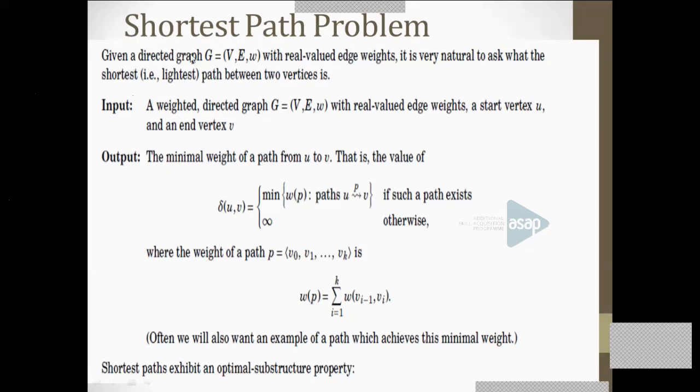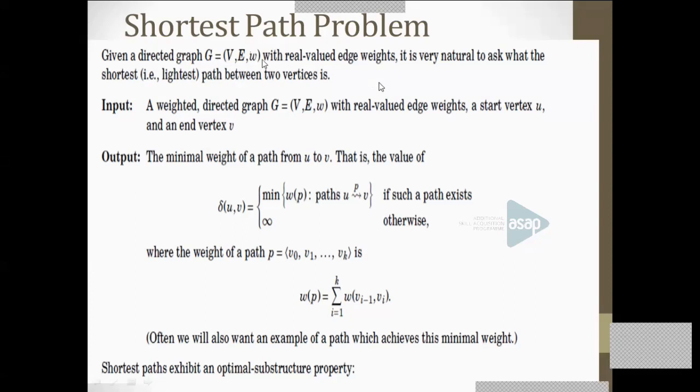To visualize the problem, the connected cities or an atlas, here we are using a directed graph. You can imagine the vertices are actually the cities and the edges are the paths connecting two cities. And there are three parameters, it is a triplet: a directed graph G equals (V, E, W). V is the set of vertices, and you should imagine it as cities. And E is the roads or paths connecting the cities. And W is actually the weight.